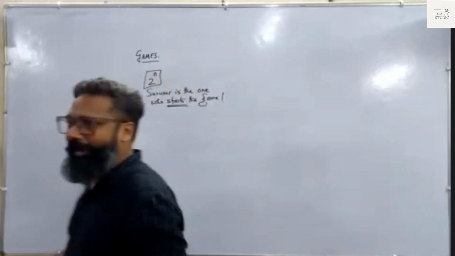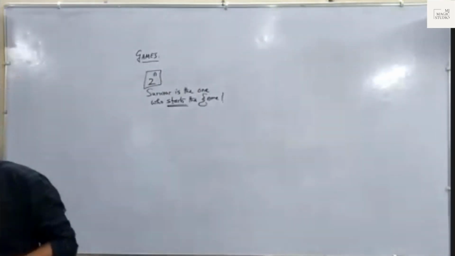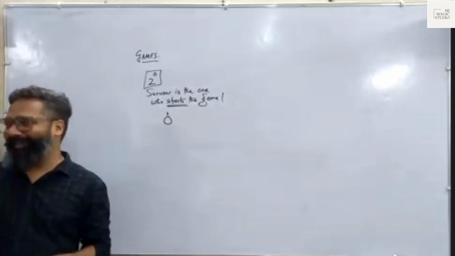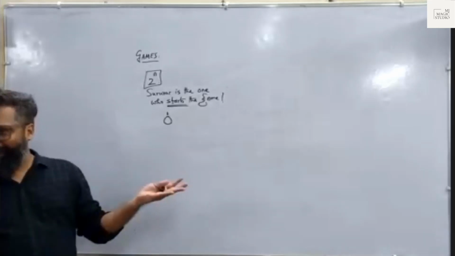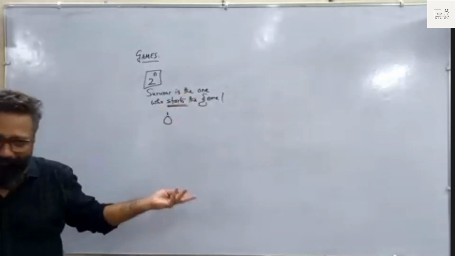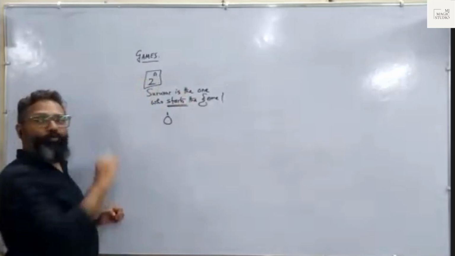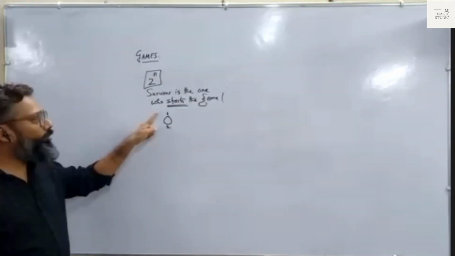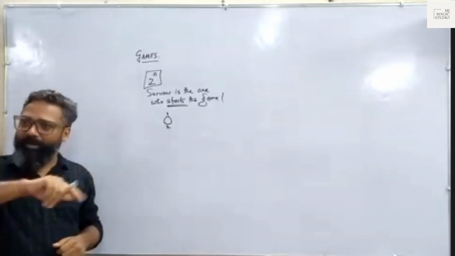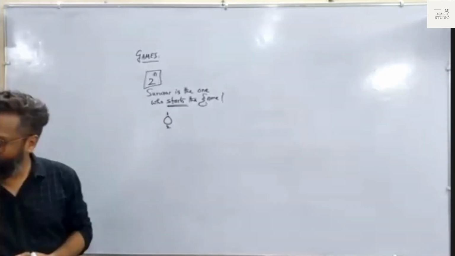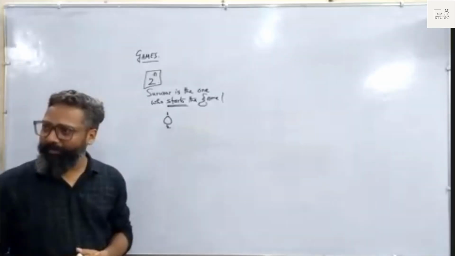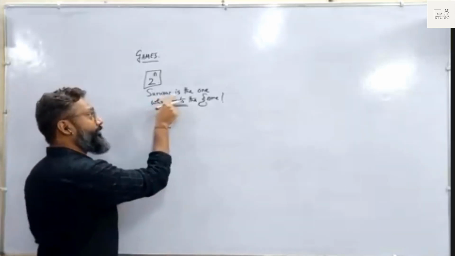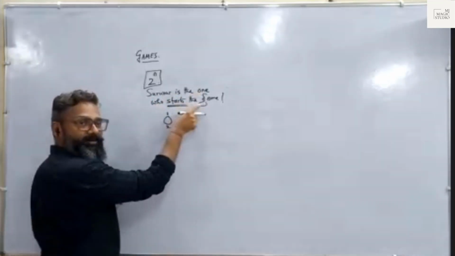2 to the power n, with n as 0: 2 to the power 0 is 1. If there is only one person in the circle, he will not kill himself, obviously. He is holding the knife and he is the winner. Correct? 2 to the power 1 is 2. Suppose there are two people in the circle and one is starting the game. Then one will kill two, one is the survivor. Suppose two is starting the game, then two will kill one. Who is the survivor? Two. Survivor is the one who starts the game.